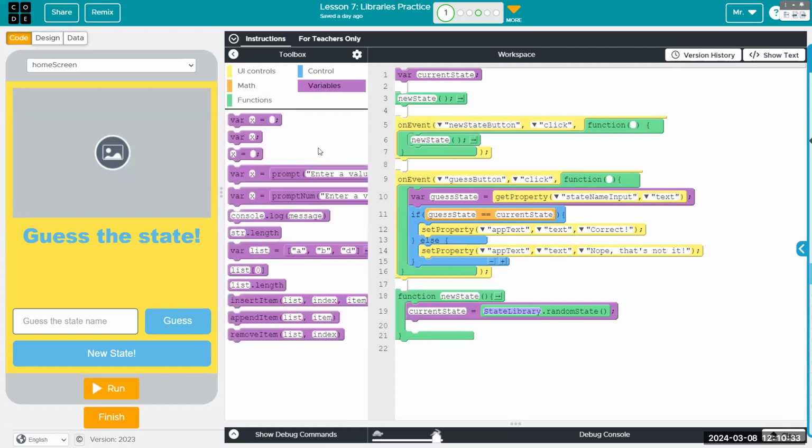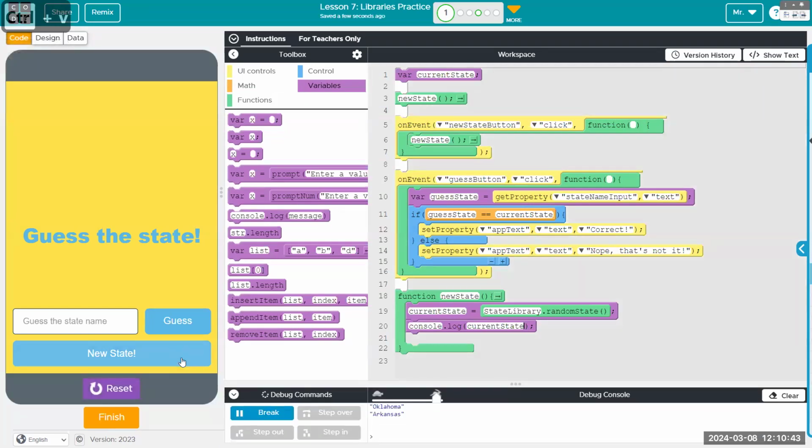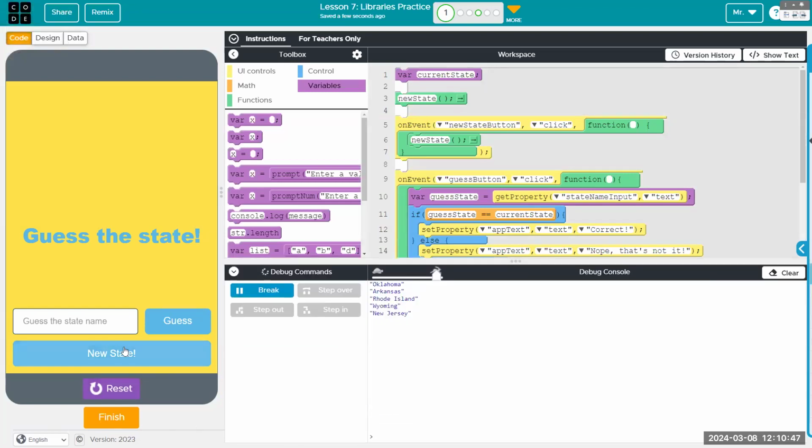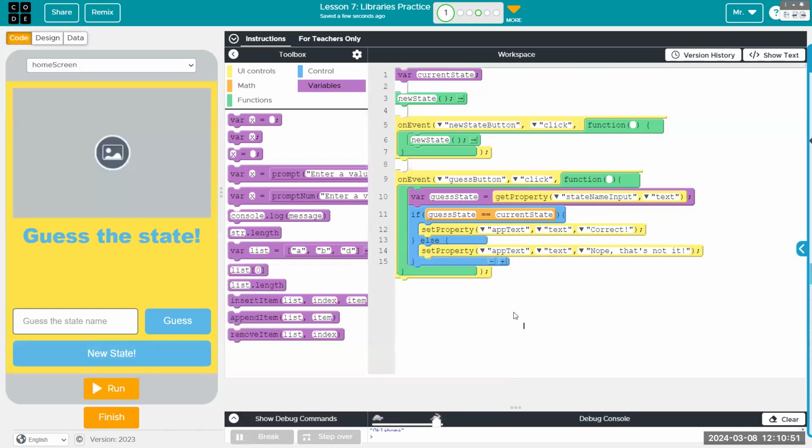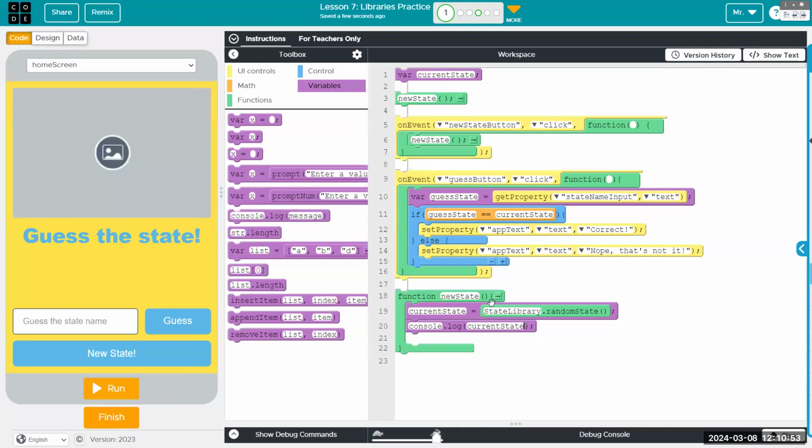And we can make sure it works by console logging the result: console log, current state, and we hit run. And this is only tied to the new state button. And you can see down at the bottom, we're getting states returned at random. And that is what the, okay, so new state,